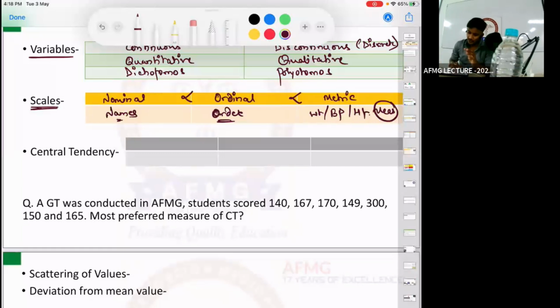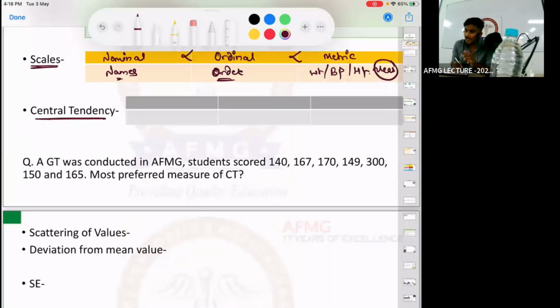No issues. Moving further. Talking about central tendency or measures of central tendency. I hope all of you are quite aware there are three measures of central tendency. And what are these three measures called? Mean, median, mode. Now, what is mean? If you have n number of values with you, 100 values, the sum of all the values and their average is considered as the mean.